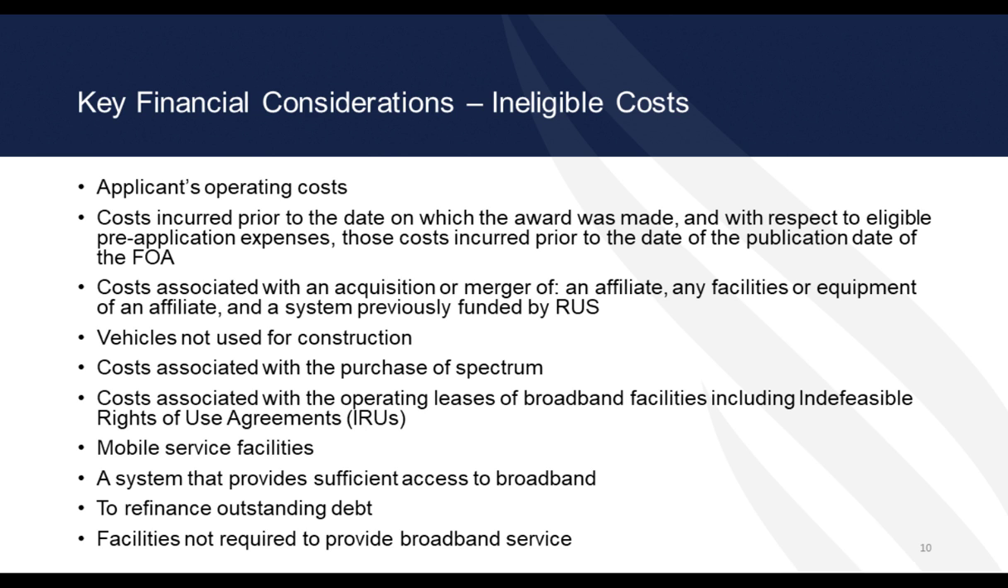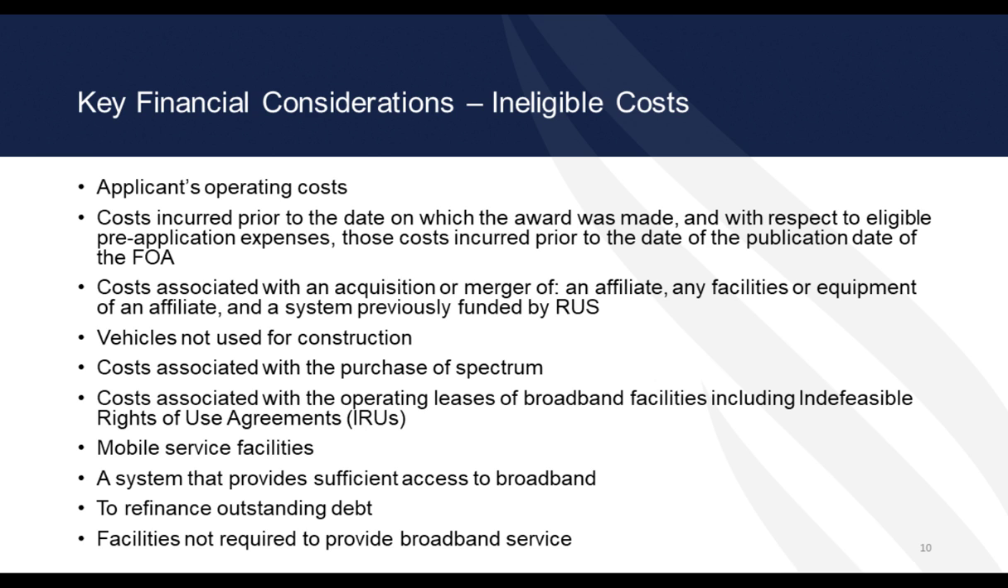Ineligible project costs include operating expenses of the awardee; costs incurred prior to the date on which the application was submitted, except for eligible pre-application expenses incurred prior to the publication date of the FOA; costs associated with an acquisition of an affiliate or the purchase or acquisition of any facilities or equipment of an affiliate; cost of an acquisition of a system previously funded by RUS; the purchase or lease of any vehicles other than those used primarily